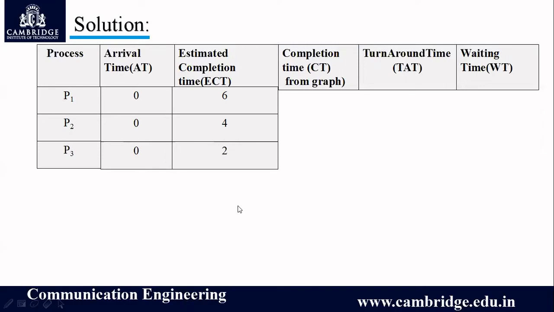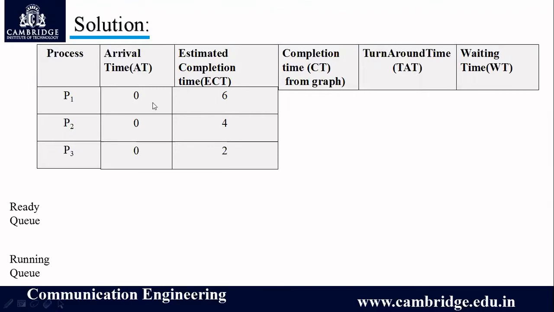Okay, so for the round robin algorithm, we will be writing 2 queues. One is the ready queue and the other one is the running queue, because the processes would be picked up from the ready queue in the same order as it is and given to the running queue. So it is preferable that you write the ready queue with the arrival time and the remaining time left for the process to get completed, and then decide the order in which the processes are given to the CPU for execution.